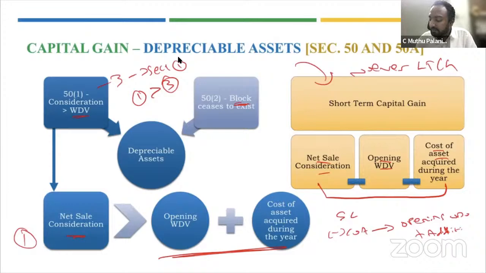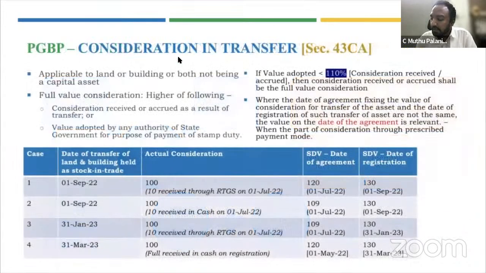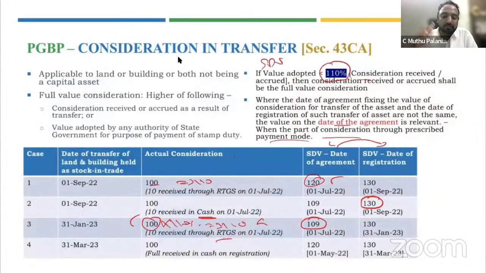Other than that, if I have to tell you something more on this, in this we were also talking about 43CA differences. It is 100 or 110. There are several sections, 43CA, 50C, all talk about this only. So we said, if some part is received in cash or something, then what happens? Which date to take for the stamp duty value? The stamp duty value is taken based on the date of agreement when at least some part of money is received